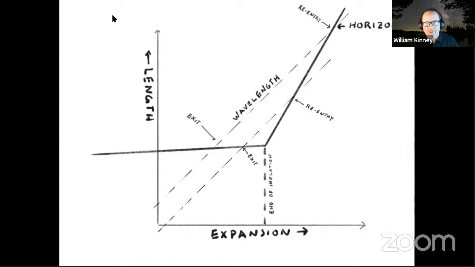This is completely consistent with what we see in the CMB, all right? So now let's get quantitative. The first thing we want to know is, how much inflation do we have to have?